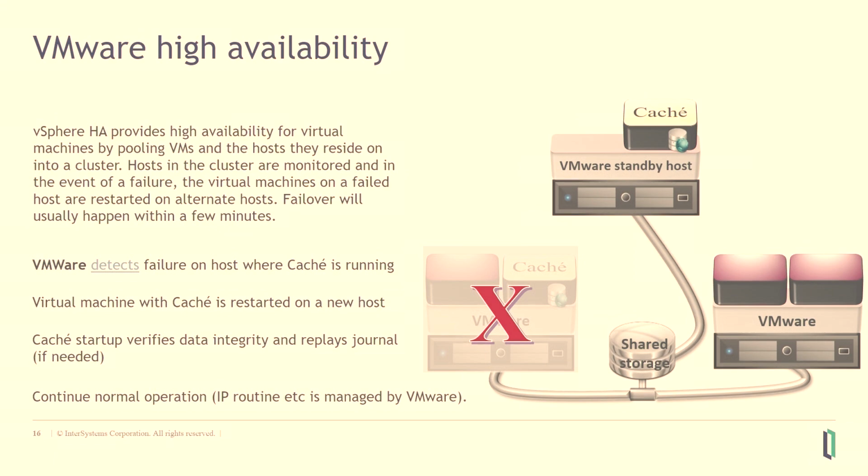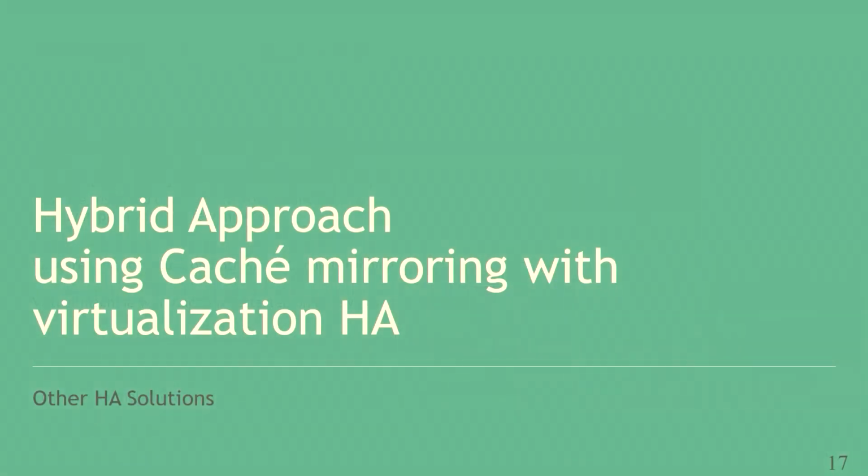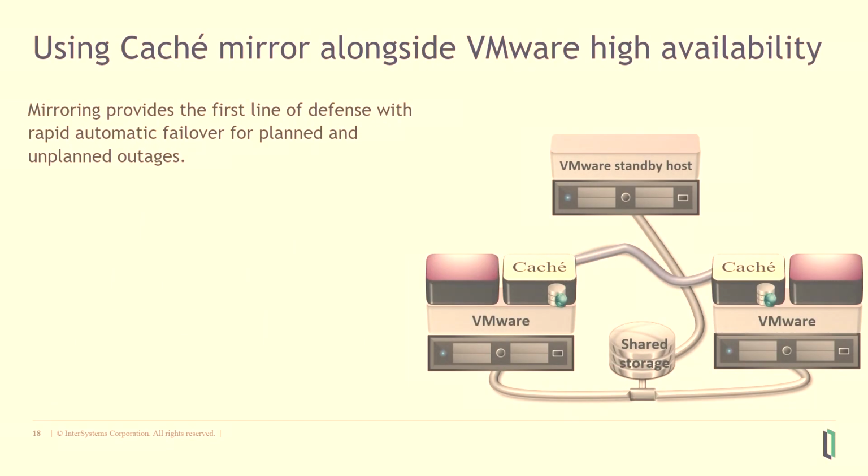There is a way to combine the two. This is becoming very common, because now you combine our mirroring together with the virtualization high availability to achieve a flick of the switch, but without actually buying two servers. In that scenario, you have two machines running, the same scenario as we said earlier, but in this case, both of them are running on VMware.